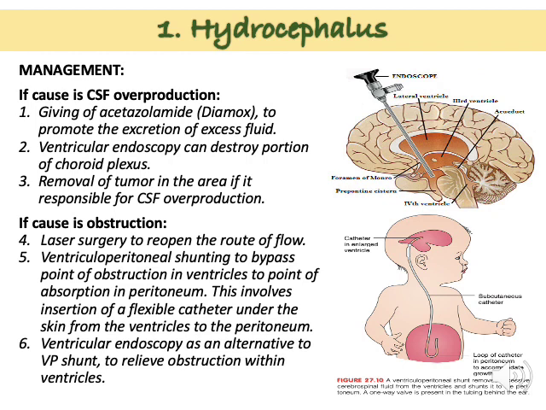This procedure is shown in the photo below, figure 27.10. This is bypassing the point of obstruction in the ventricles to the point of absorption in the peritoneum. This involves insertion of a thin, flexible catheter under the skin from the ventricles to the peritoneum. The shunt drains excess CSF from the brain, and that fluid is absorbed by another organ, which is the peritoneal